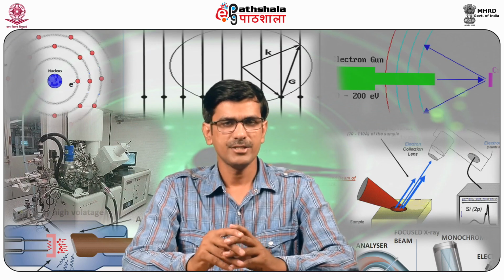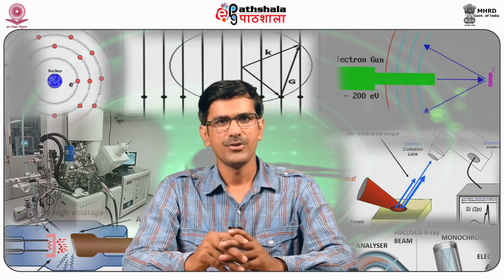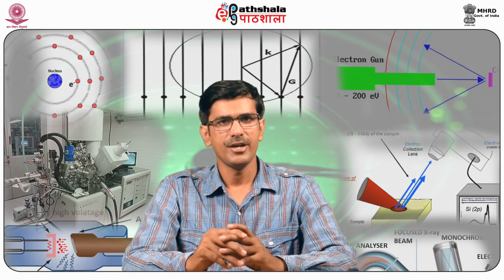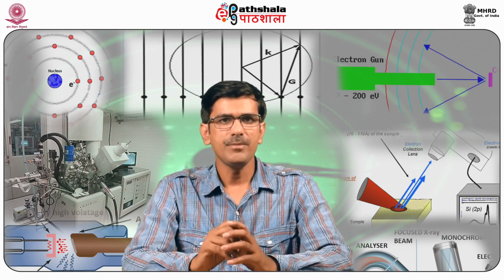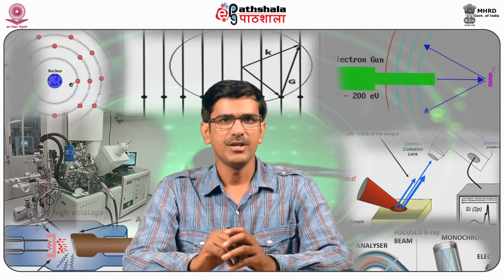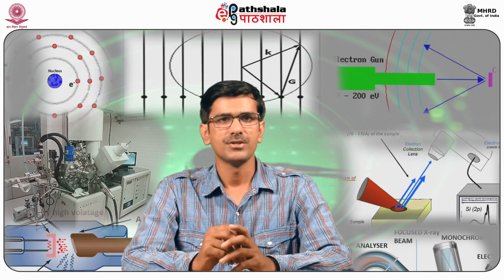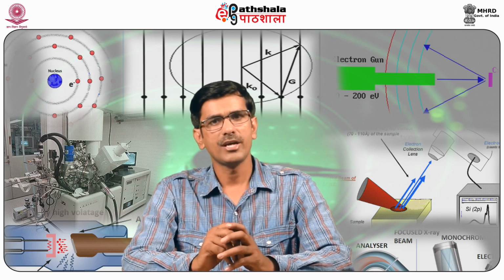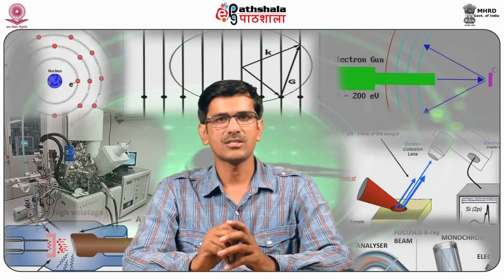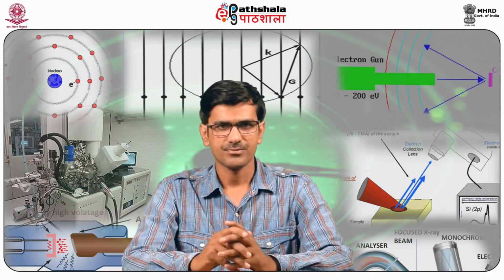Now, to summarize, students, what we have learned today is that there are three components: source, optics, and the detector in an X-ray diffractometer. The incident beam part consists of the source and incident beam optics, and the diffracted beam part contains diffracted beam optics and the detector. The diffractometer circle, also known as the goniometer circle, is centered at the specimen, whereas the X-ray source and the detector lie on the circumference of the circle.